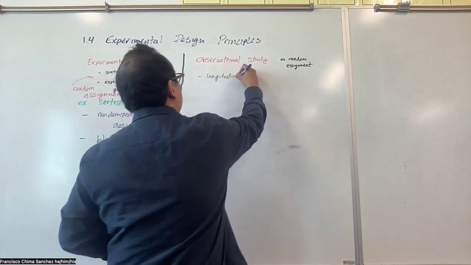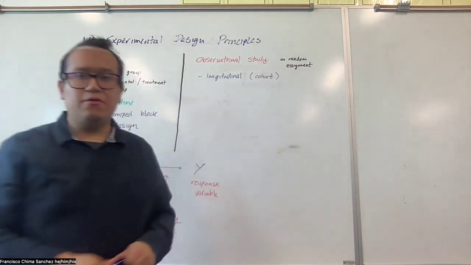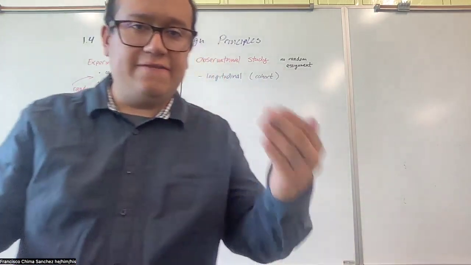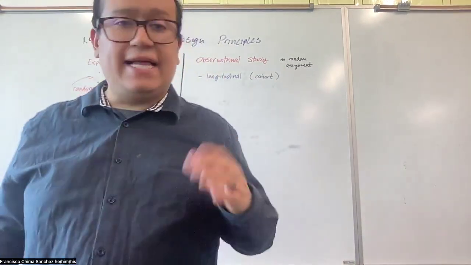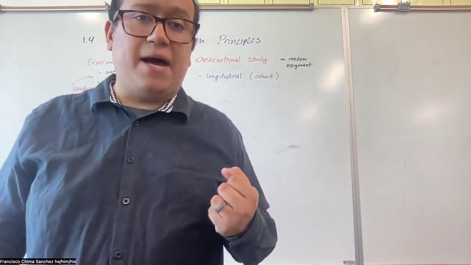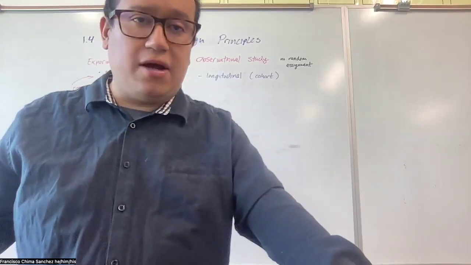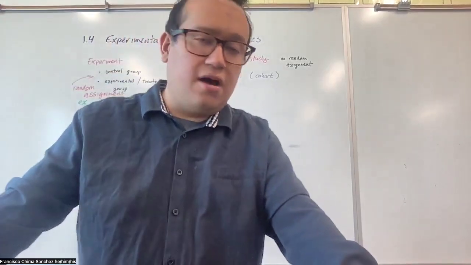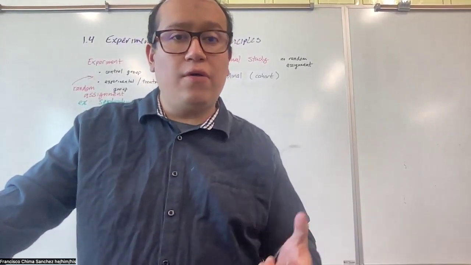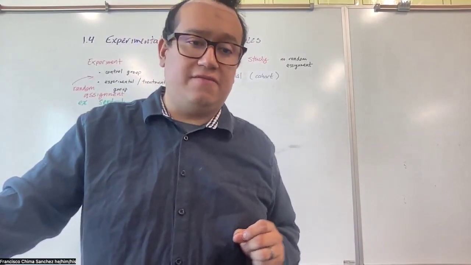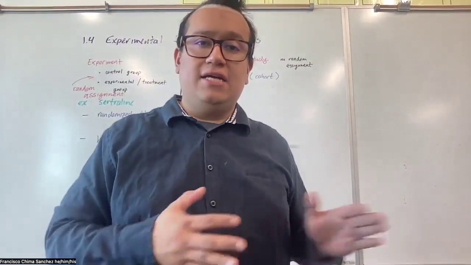It is also sometimes called a cohort study. This is where you're tracking the same group of people across time, right? A classic example is UC Davis's MIND Institute. This is an ongoing project where psychologists are tracking a cohort of small children from the ages of newborn to 5 years old and beyond, and keeping